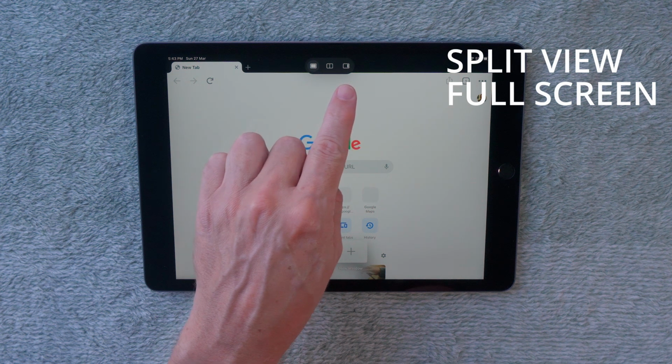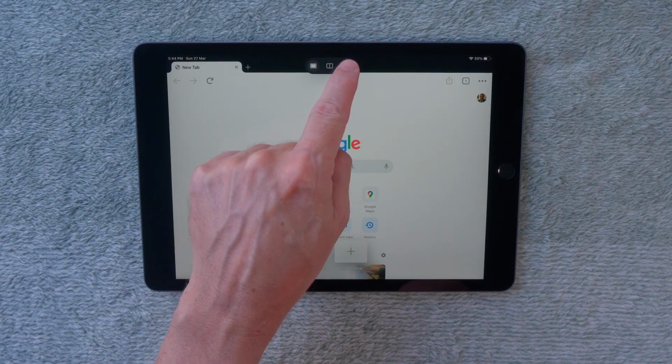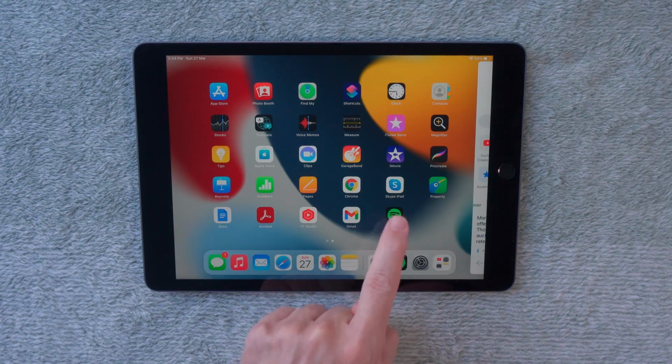And your last one is slide over view, where you can have an app on the right-hand side and you can layer over a main screen app. And there are several ways that you can set a slide over app. Now you can do it how we've been doing it before. Click on those 3 dots and then use the icon on the right hand side, and that will change the app into a slide over view.